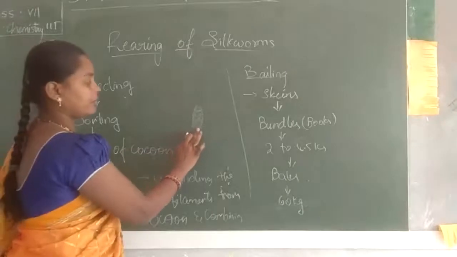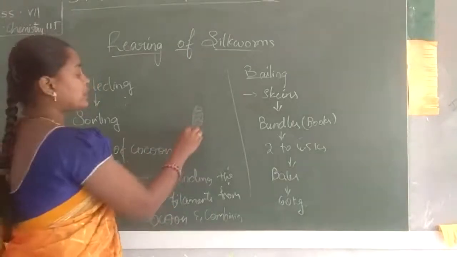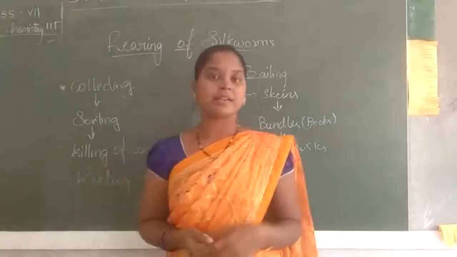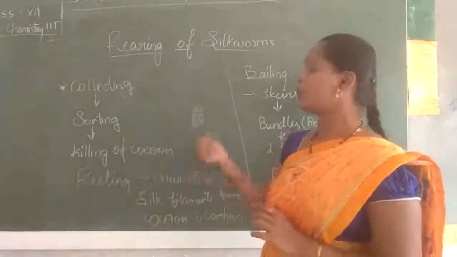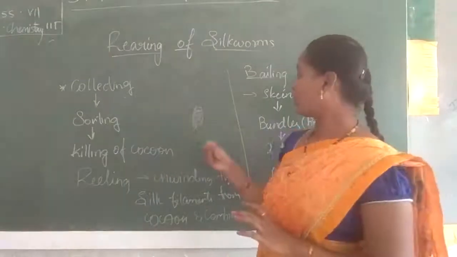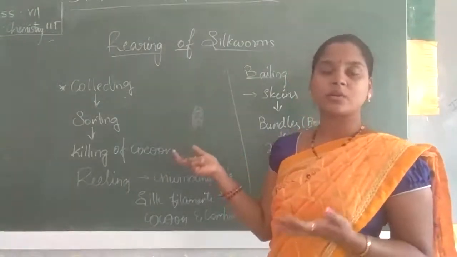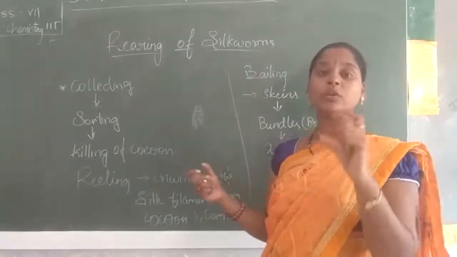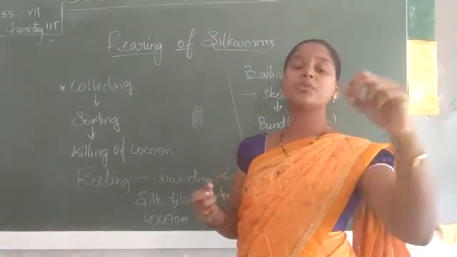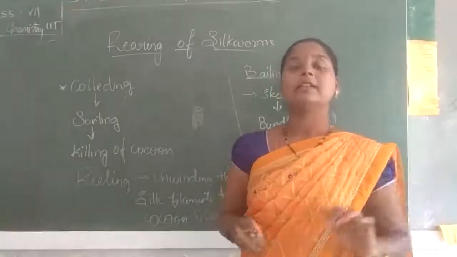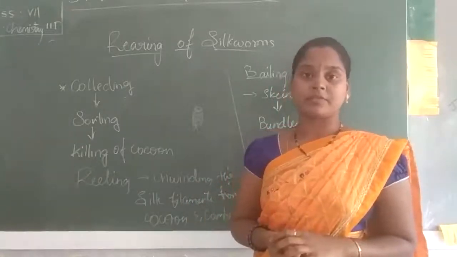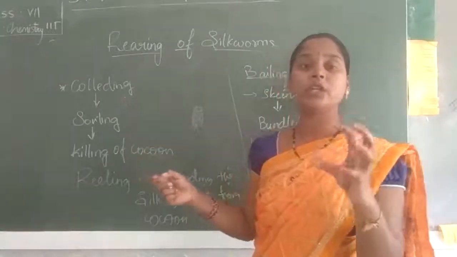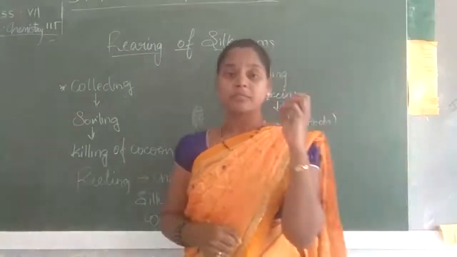It has to break it. Yes or not? If it breaks it, what happens? The silk thread will be damaged and it cannot be used. It is not of good quality. Yes or not? So what can we do with this thread? It does not give good quality thread. So this type of thread is not used. So we want only fully grown cocoons, but the moth should not come outside. It should die in the cocoon itself. That type of cocoons are selected. Only fully grown cocoons are selected.